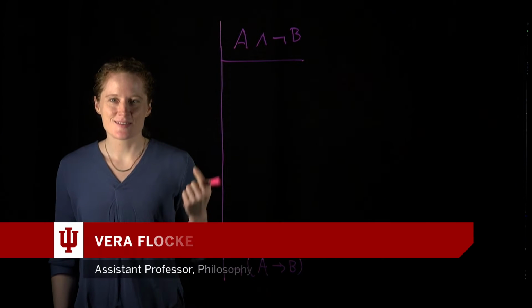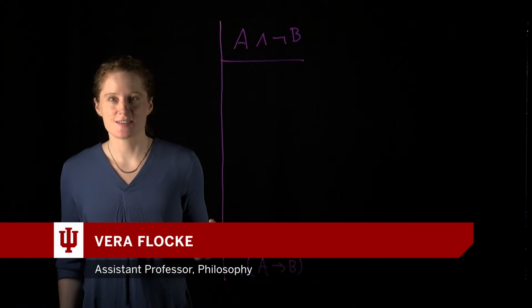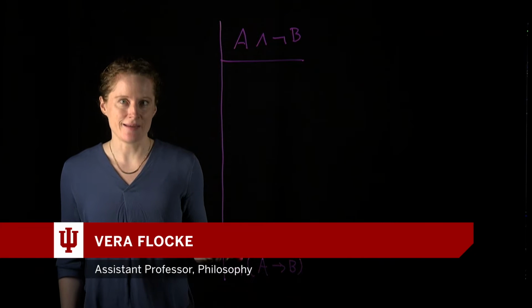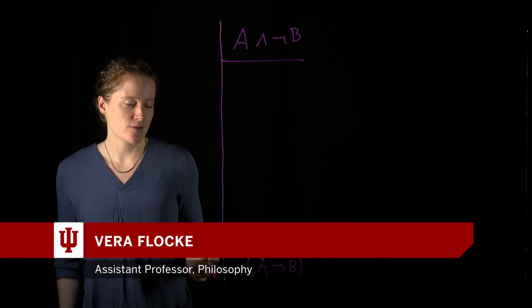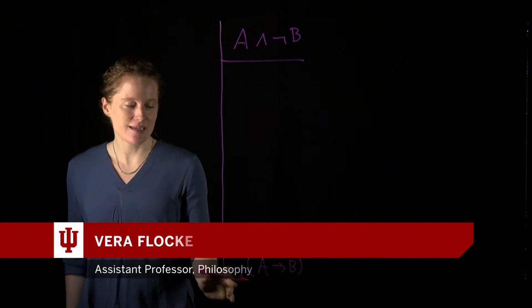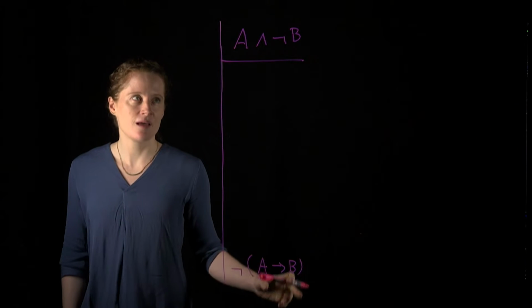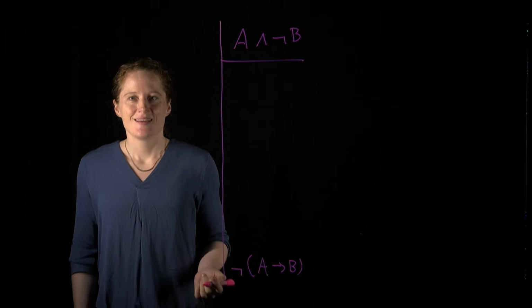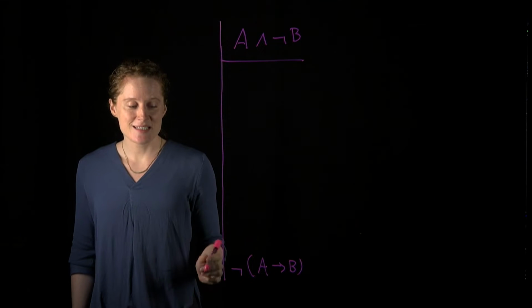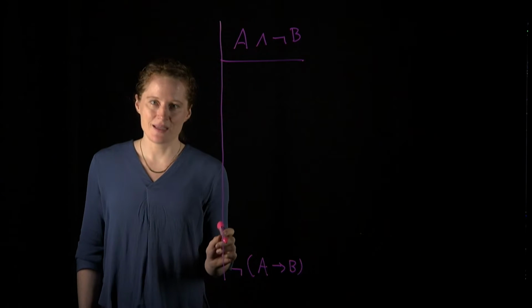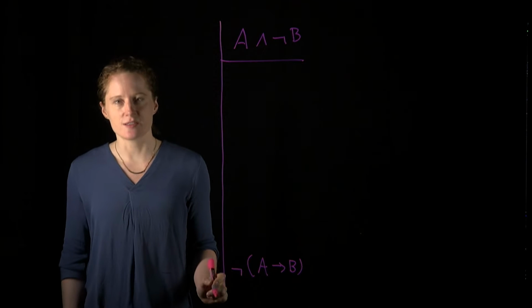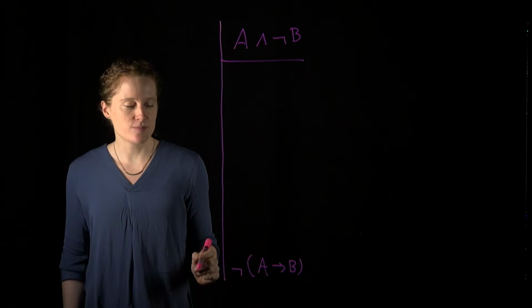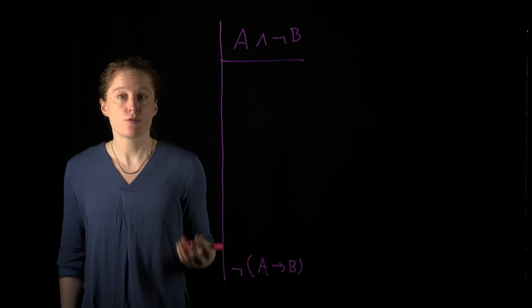So this proof illustrates my favorite proof strategy, which is backward planning. Here we want to prove the conclusion that it is not the case that if A then B from the premise A and not B. Now, backward planning suggests: identify the main connective of your conclusion and use the corresponding introduction rule for proving your